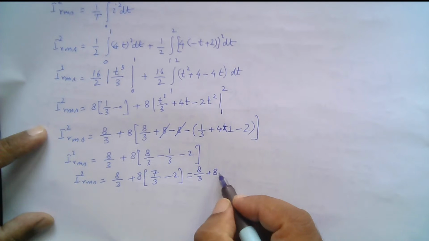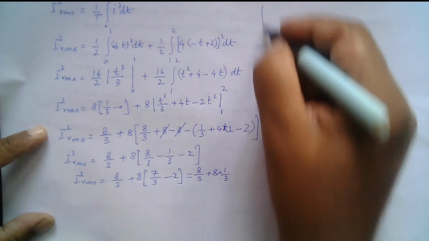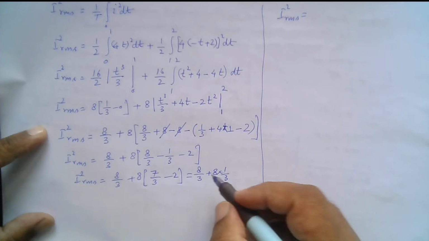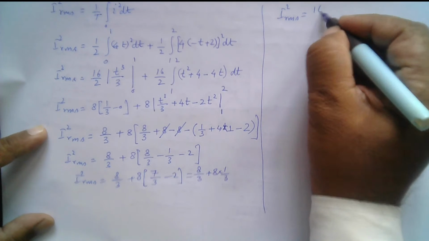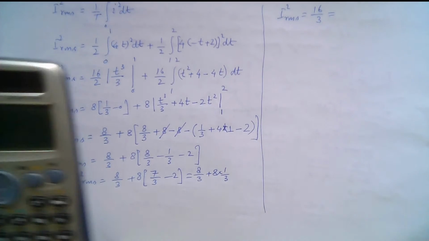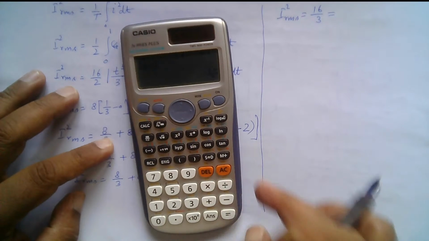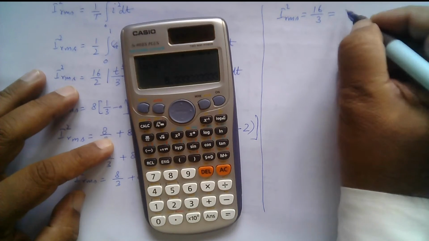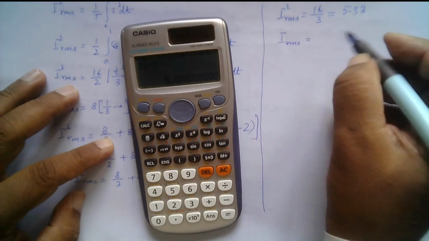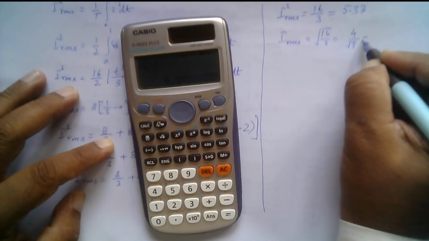so that is 1 over 3 again. So I square RMS is equal to 8 over 3 plus 8 over 3, that is 16 over 3, and we can find this value. 16 divided by 3 is given by 5.33, and the square root of 16 over 3 is 4 over under root 3,